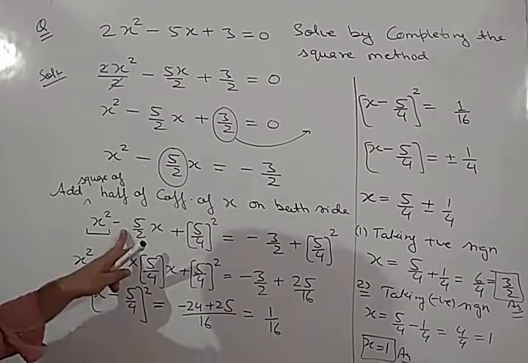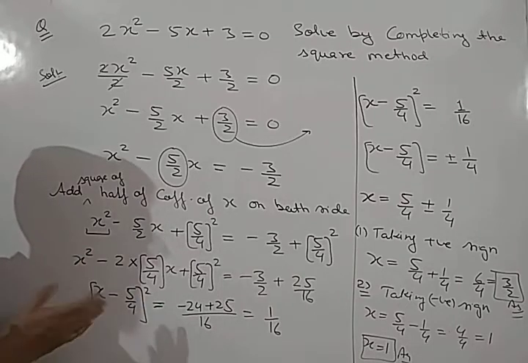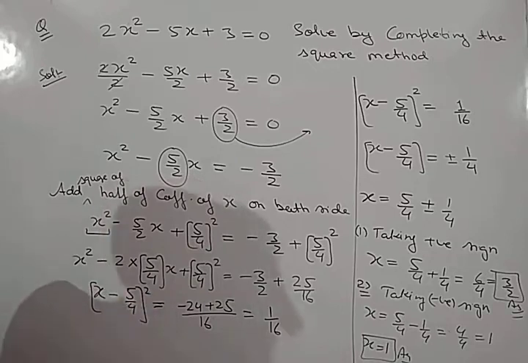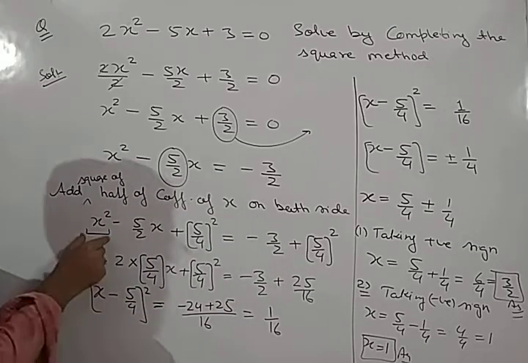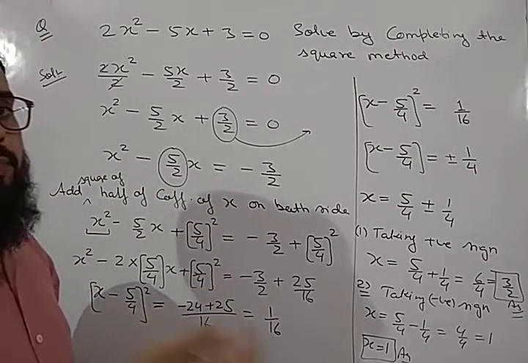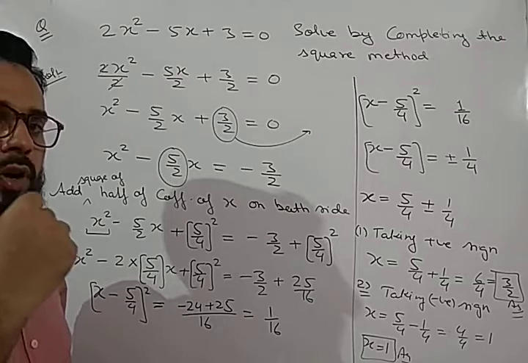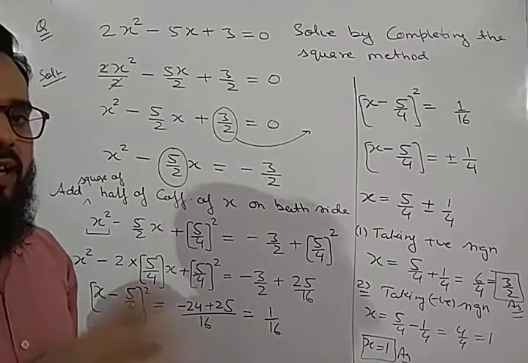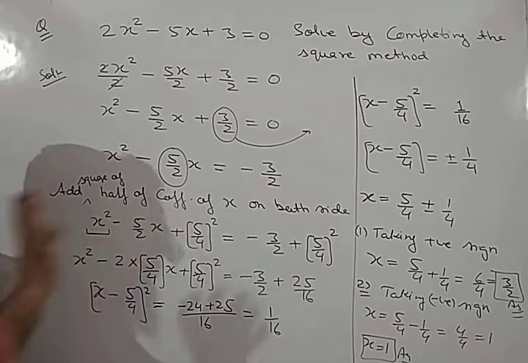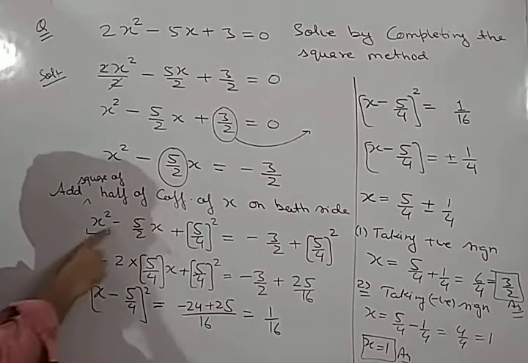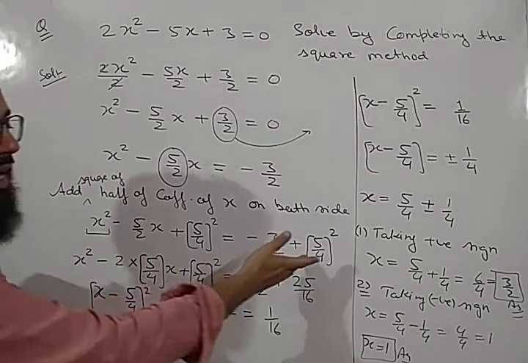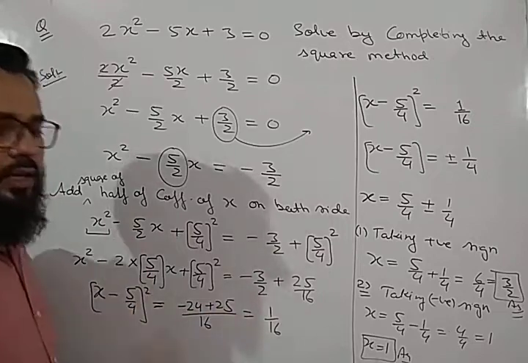If it is minus 2ab, then you can form x minus 5 by 4, meaning (a minus b) whole square. Or if there is a plus sign, then you can directly write a plus b whole square. This x square term will be a square, and the term which you have added on both the sides will be b square. So you can directly form the identity (a plus b) whole square or (a minus b) whole square by this sign also. If you are not doing this step, that is fine. You can directly write x minus 5 by 4 whole square. By seeing this sign, it will be (a minus b) whole square. But you have to solve the right hand side. So I have solved the right hand side and we are getting 1 by 16.